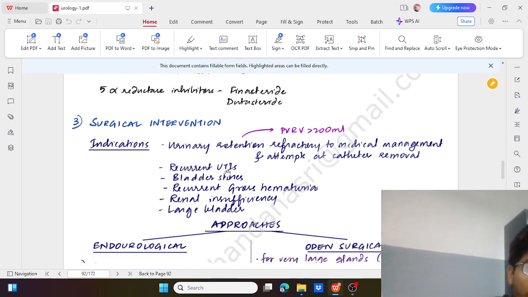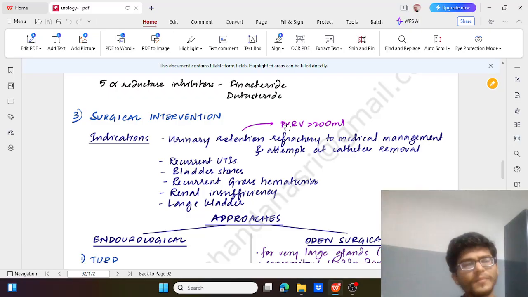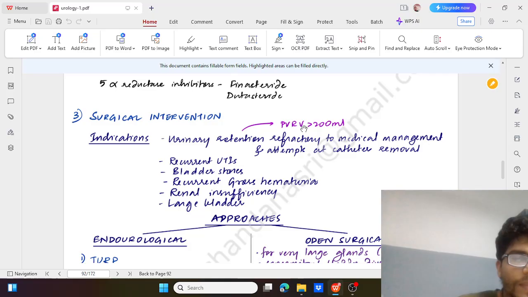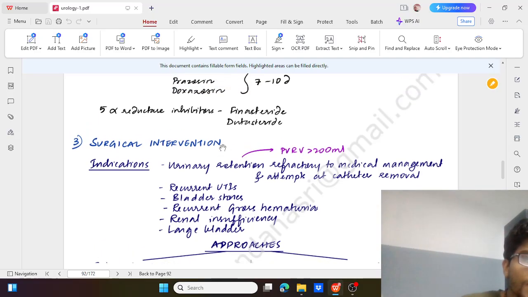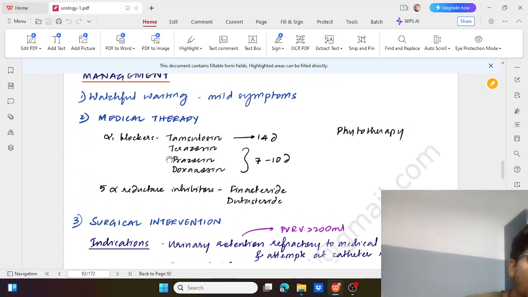Then recurrent UTI due to bladder outlet obstruction or associated with bladder stone, associated with recurrent gross hematuria, affecting the kidneys, that is renal insufficiency, or large bladder due to bladder outlet obstruction. So in these cases, we'll have to go for surgical intervention. One more important thing, before going for surgical intervention, we may have to decompress the bladder